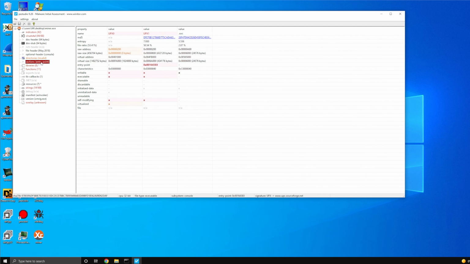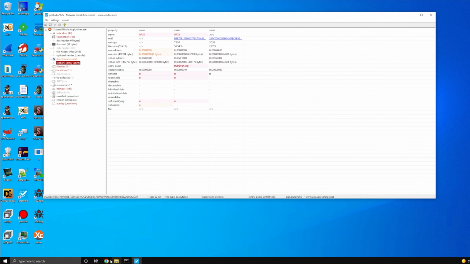If we take a look at sections, this is where we can tell for certain that this executable is packed. We saw UPX0 and UPX1 before. Those are the names of these two sections, instead of .text and .data. The raw size of what would normally be .text is nothing, meaning on disk, as it currently resides, this section has no data in it, but it has allocated to it in memory a large amount of data. This virtual size is the amount of space allocated for this section in memory. That basically means that data is going to be unpacked into this section. And since we see UPX0 and UPX1 as the section names, that's a very good indicator that this is packed